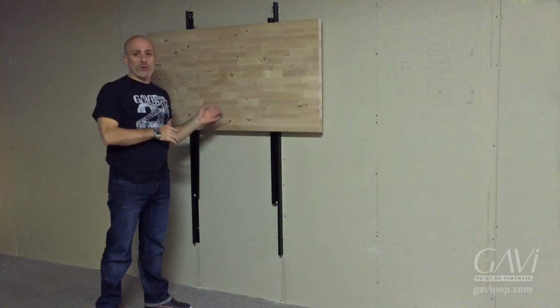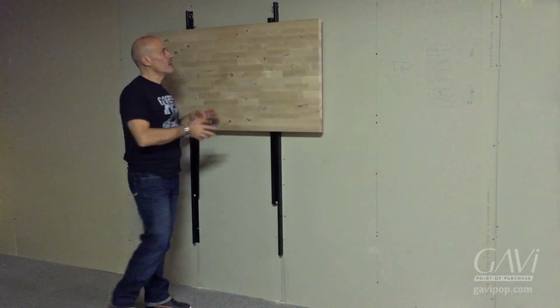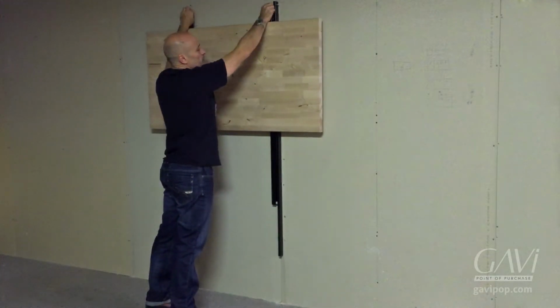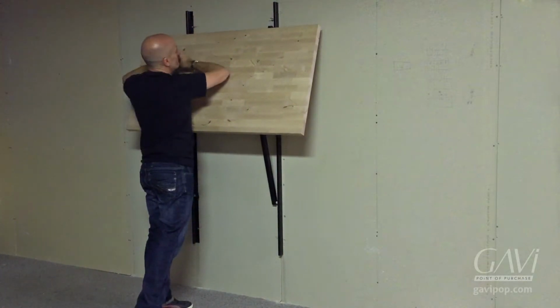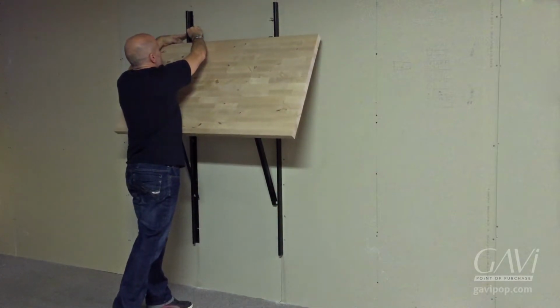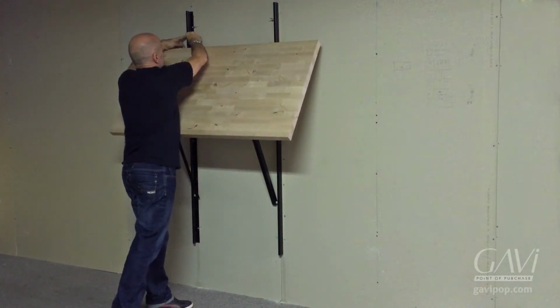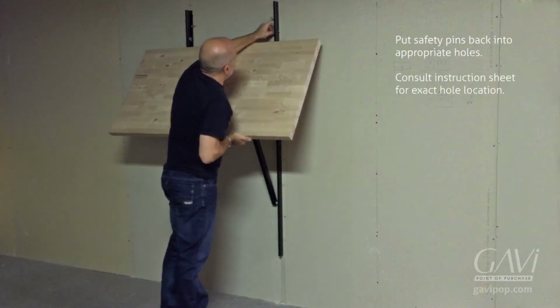The first step on lowering the tabletop is going to be a little different than when we have to make the tabletop higher. We're going to take the safety pin off and move it to the desired position. If we are going to go to 36 inches from the 42, we can go to the next hole and put the safety pin back in. So now our safety pin is in,